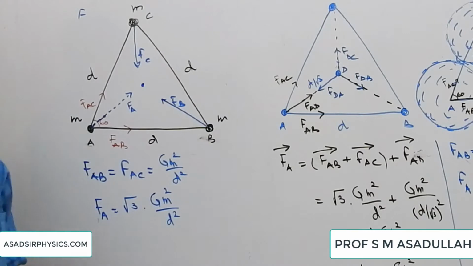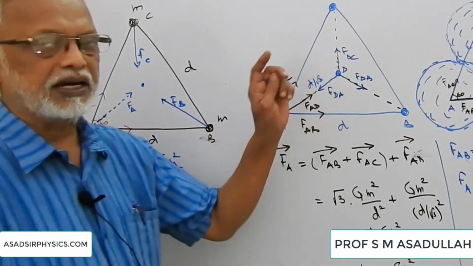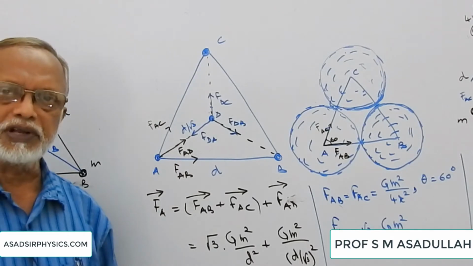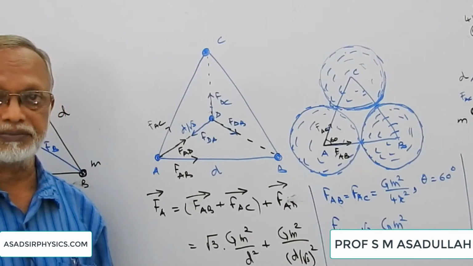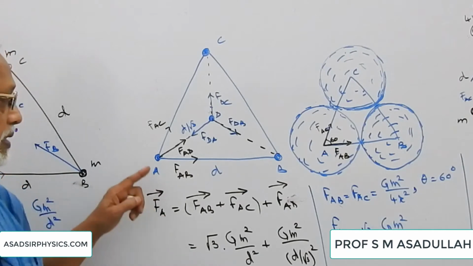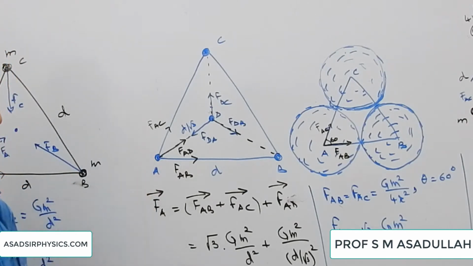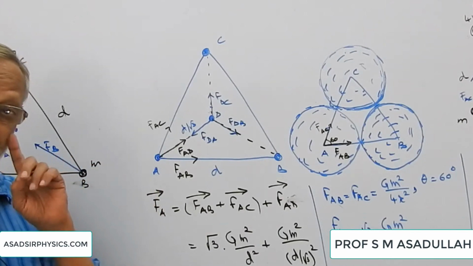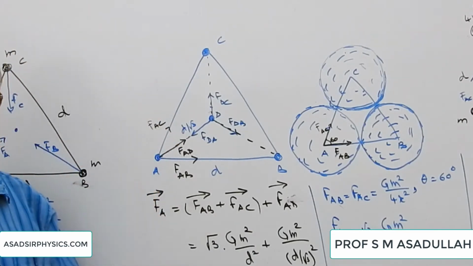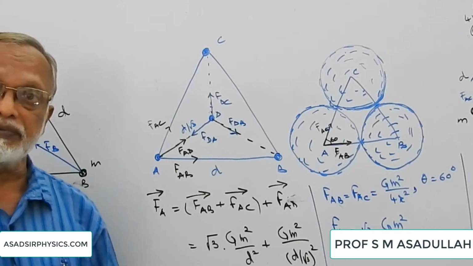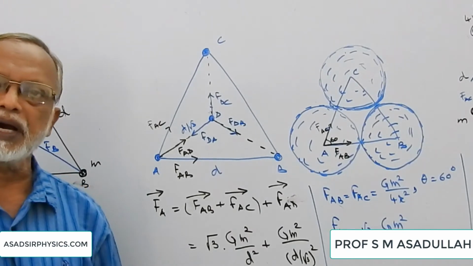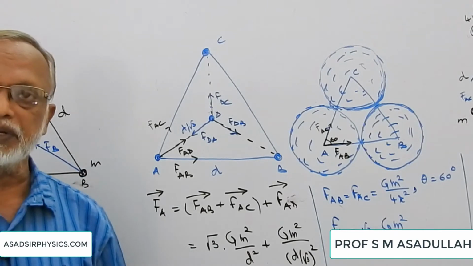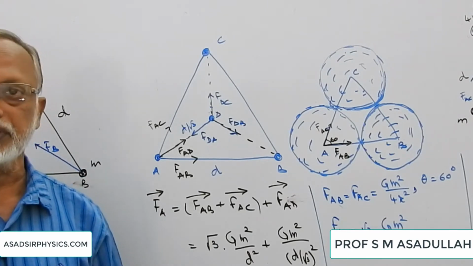To improve upon it, let us take one body at the centroid. Now we have totally four bodies. Then each body will experience three forces. Let us consider a body at one of the vertices. Suppose we are considering A. Now to make the problem simple, we are supposing that all the masses are equal. The masses can be different also. If they are different, then you have to apply the parallelogram law, under root F1 square plus F2 square plus 2 F1 F2 cos theta.